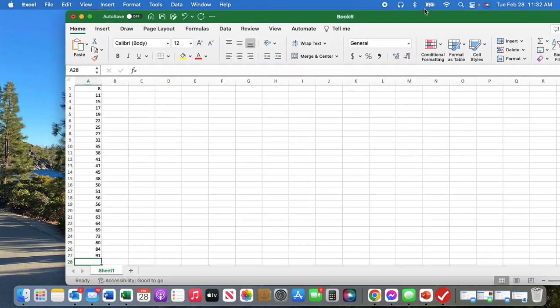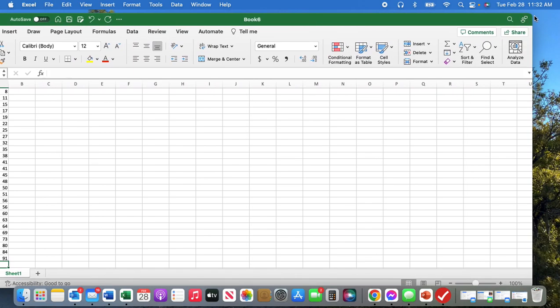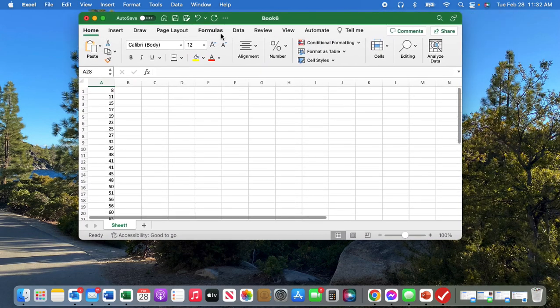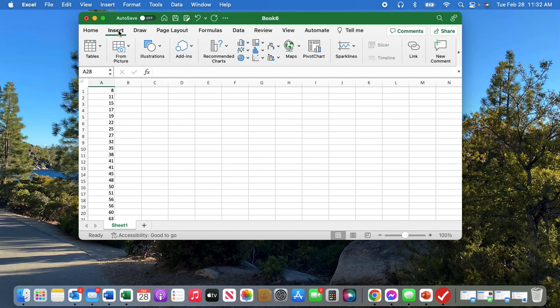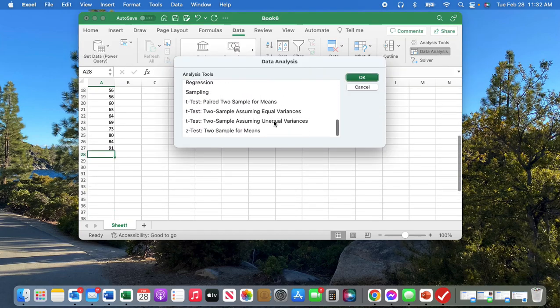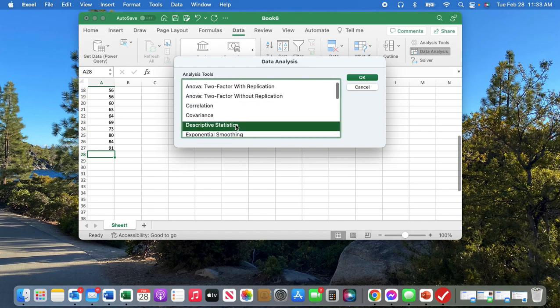All right, I got the data here from the problem. So in Excel, Excel will do most of the heavy lifting for you. You're going to go to Data, and you need to have the data analysis pack for this. So click on Data Analysis, and then we're going to do the descriptive statistics.